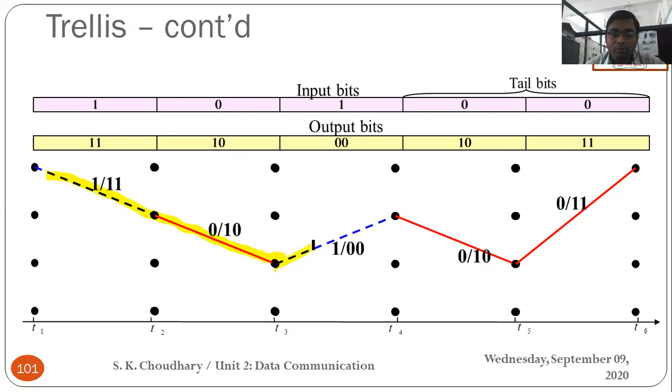You have to know how to represent this in the examination paper or in the assignment notebook or whatever in your notebook. So this is up to the coding method using the trellis diagram. I hope you have understood up to this section. Yes or no? If anyone has any doubt up to this point, you can ask me. Then we will move to the decoding section.